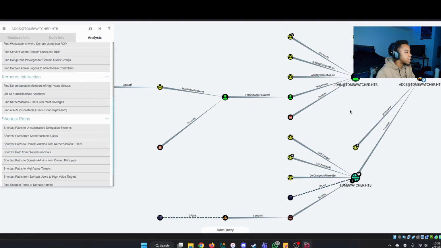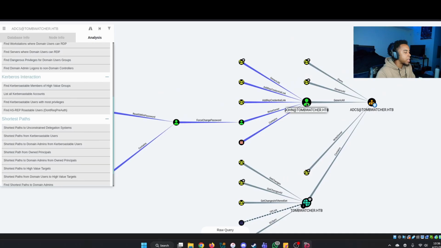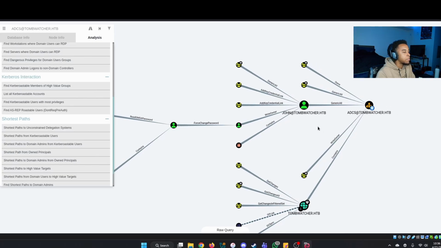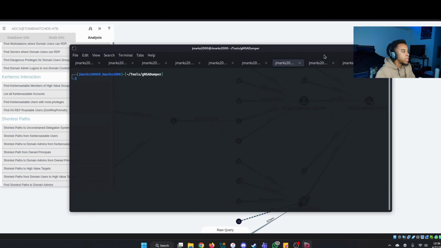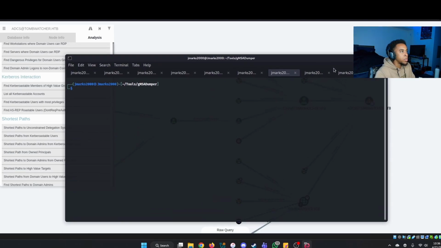You will see that the user John, which we actually have access over, that's able to remote into the DC, has GenericAll rights over the ADCS, right, which is the Active Directory Certificate Services. GenericAll is always a powerful permission to have, and he has it over the ADCS, which is pretty valuable. So since he does have this permission, we can try to abuse it to the best of our ability. There is a command called certipy-ad,